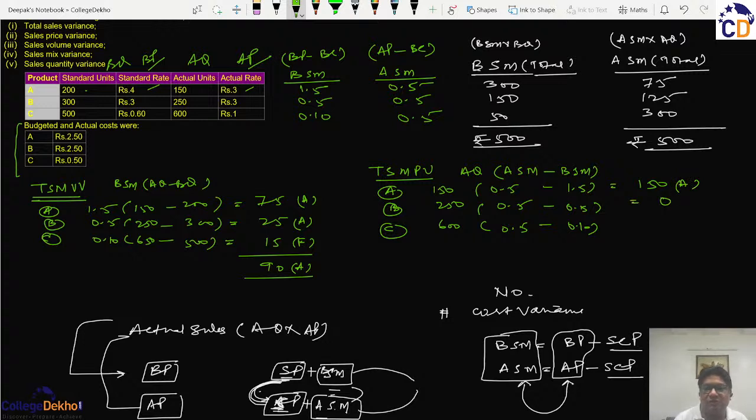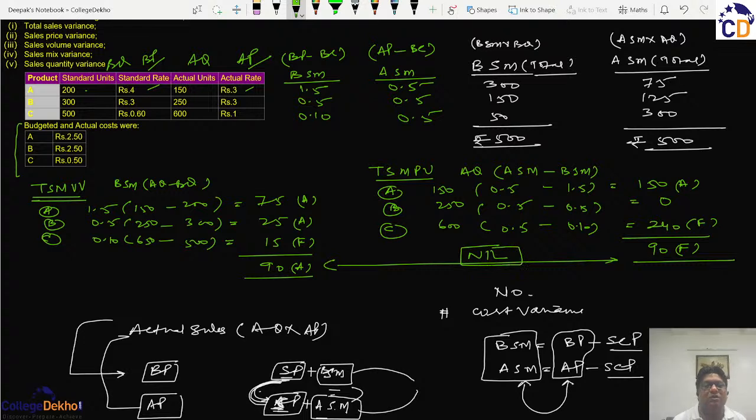this will come out to be 0, and this will come out to be 240 favorable. So you will see here that it will come out to be 90 favorable. And if you see that the total of the two is a 0, so it is proven that